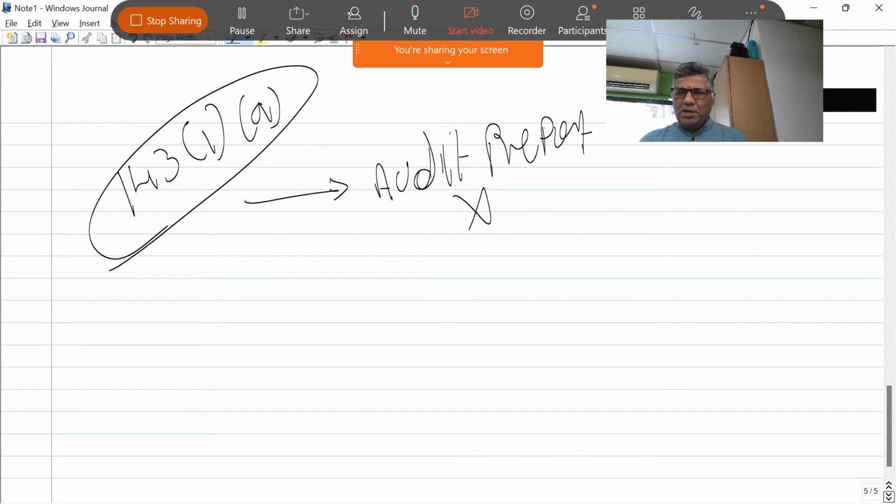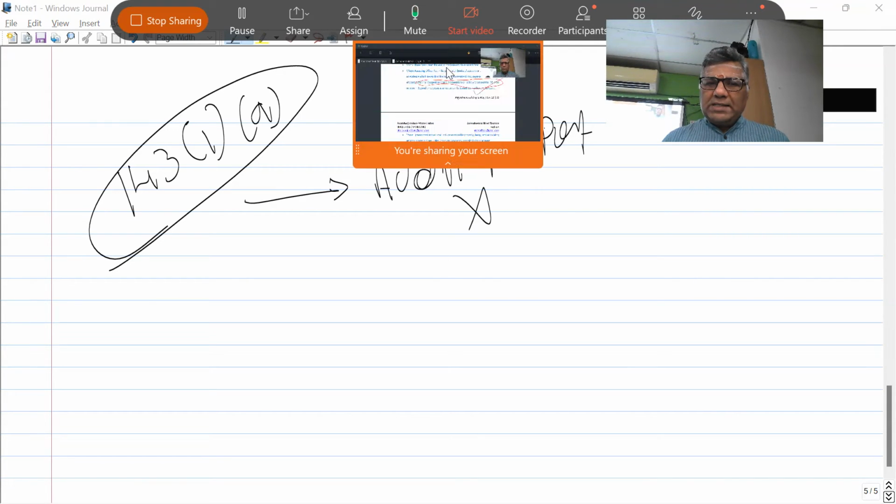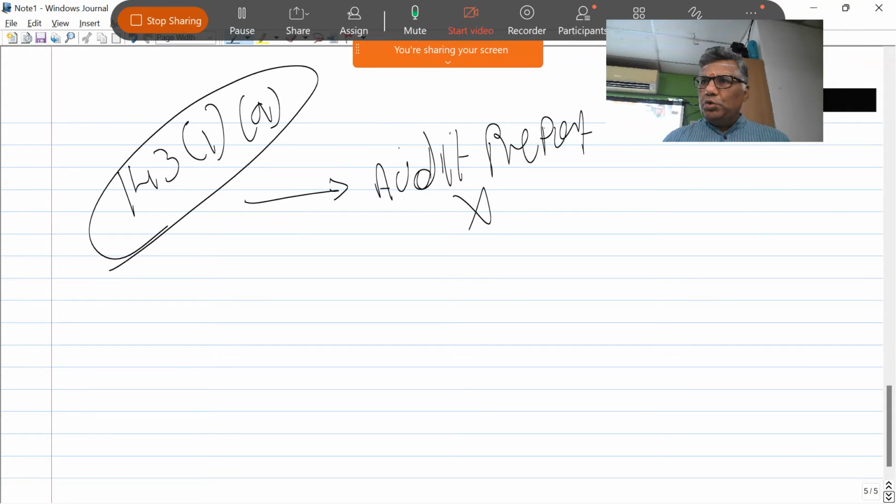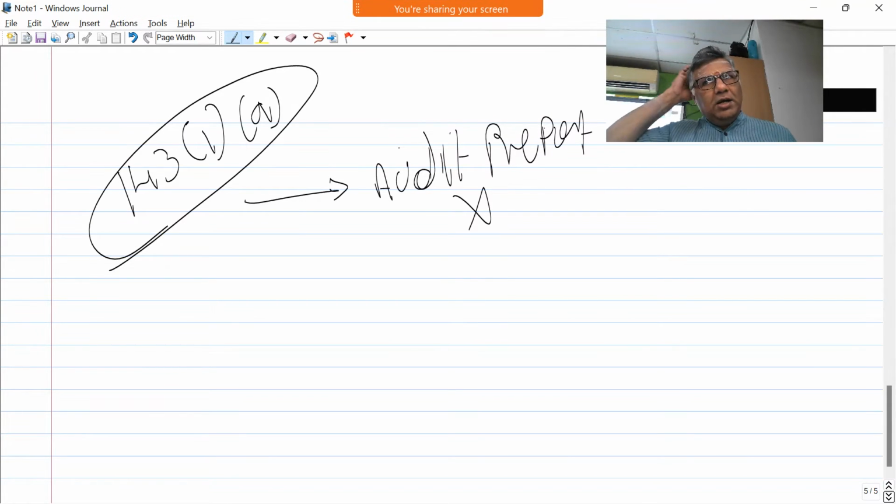Auditor has said that the cash payment has exceeded 10,000 to the extent of, let us take 10 lakhs, and the 10 lakh should have been disallowed in the return of income. If you have not disallowed it, then that becomes a prima facie adjustment. That is the only small amendment in 143(1A).